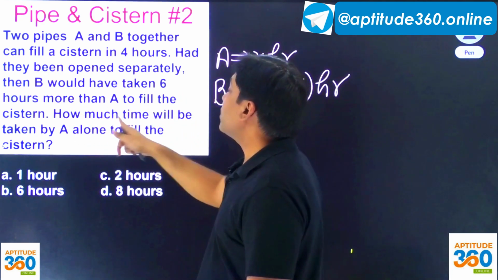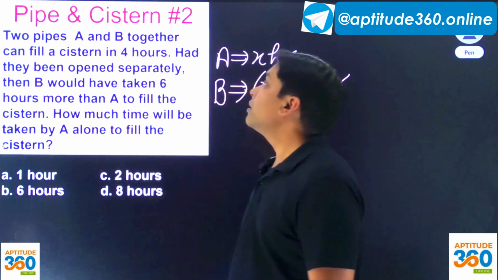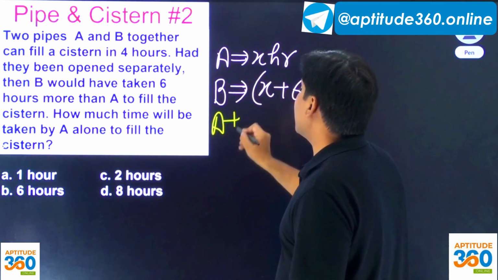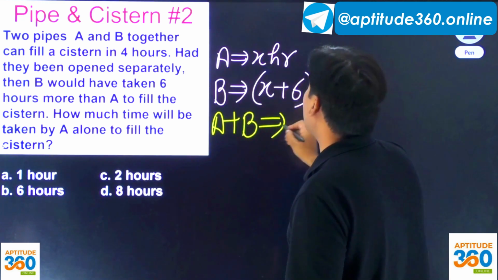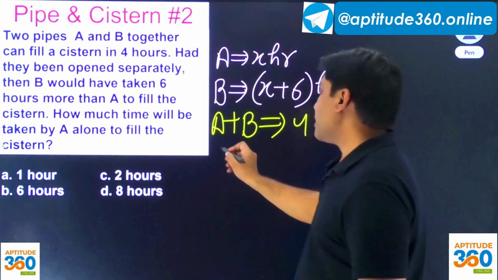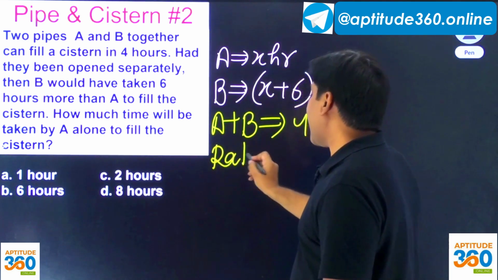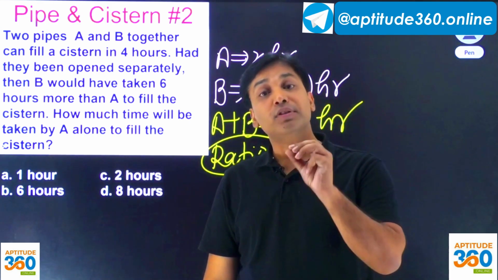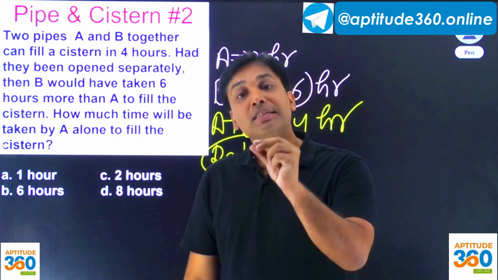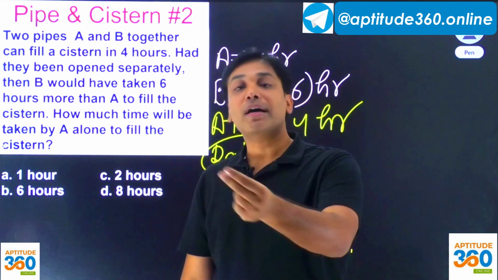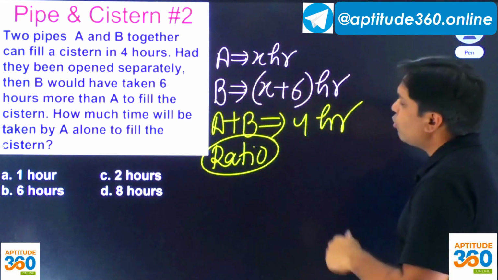How much time will be there? A alone कितनी देर में भर देगा? और ये बोला कि A and B collectively can fill in how many hours? 4 hours. Can we apply ratio method here? Yes. And I might have told you in my video number 3 of time and work कि जब LCM मेथड काम ना आए तो कौन सा मेथड काम आ जाएगा? हमारा रेशियो मेथड काम आ जाएगा ना।